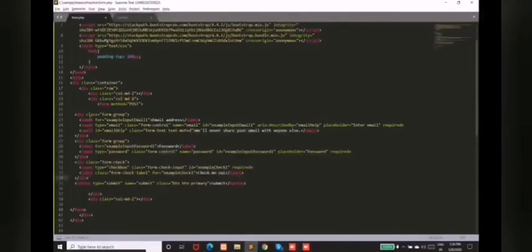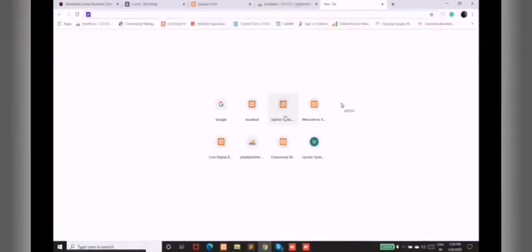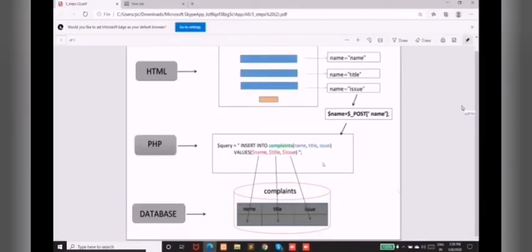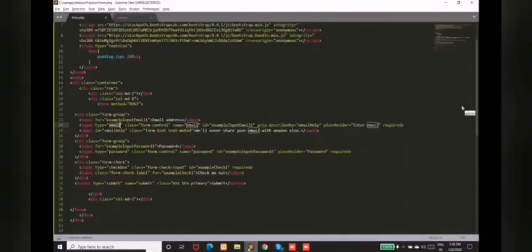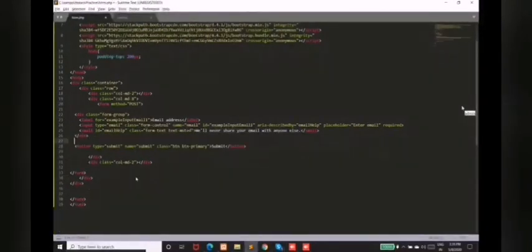So we will use the same form. As shown in the PDF, we need to create a form with three input fields. So we add three fields, that is name, title and issue. We will remove this thing from here and keep the button as it is.